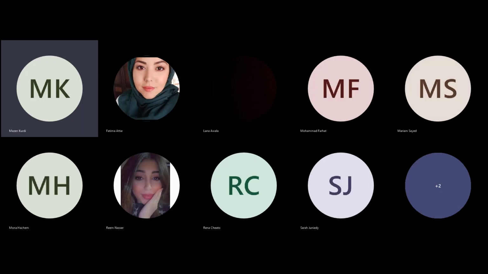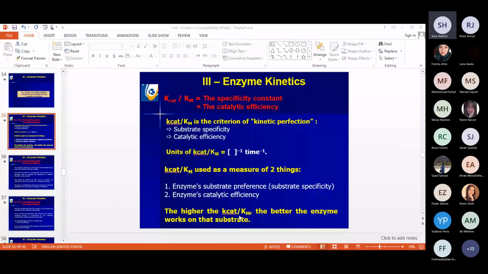Today we will continue with the different kinetic parameters. We said last time you have Vmax and Km, Vmax and K-catalytic. These are kinetic constants for an enzyme that you need to calculate. Now we will discuss another constant called the specificity constant, or the catalytic efficiency of an enzyme, which is the